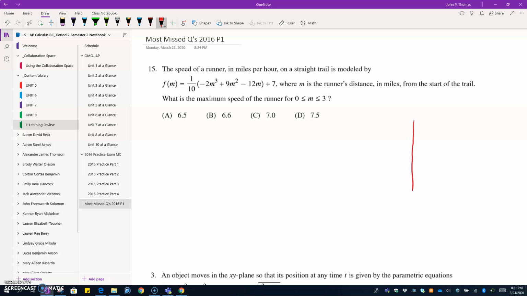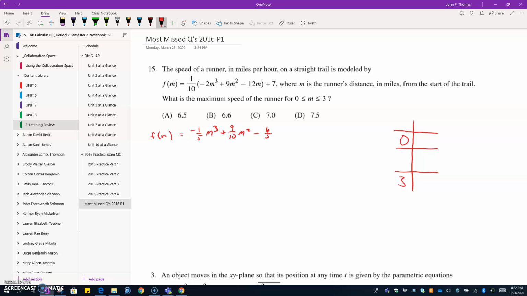Alright, so first thing I'm going to do is get my table of possibilities over here, and I'm going to put a 0 and a 3 in just so that I'm sure I check those endpoints as we go. Next, when we want to optimize, we're going to take the first derivative. What I might do to make this a little easier is send that 1/10 in. So I've got negative 1/5 m cubed plus 9/10 m squared minus, let's see, that would be 12/10 or